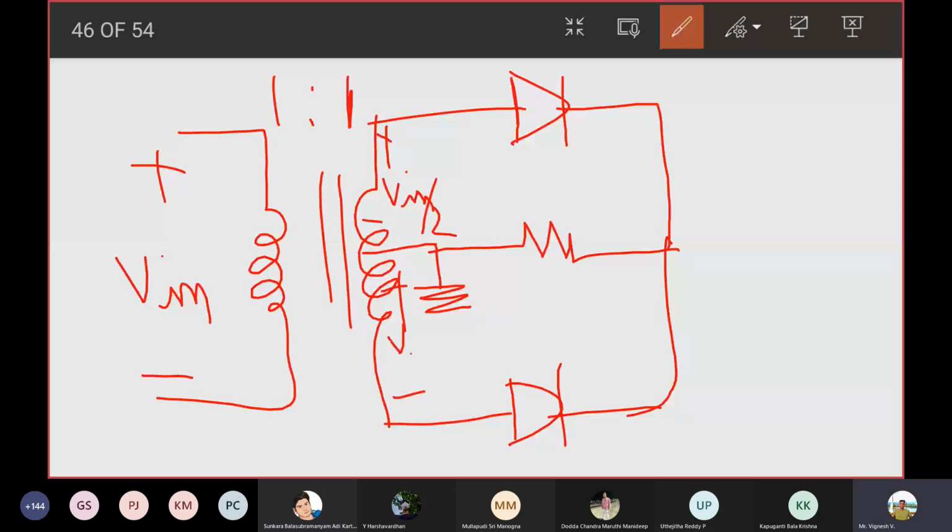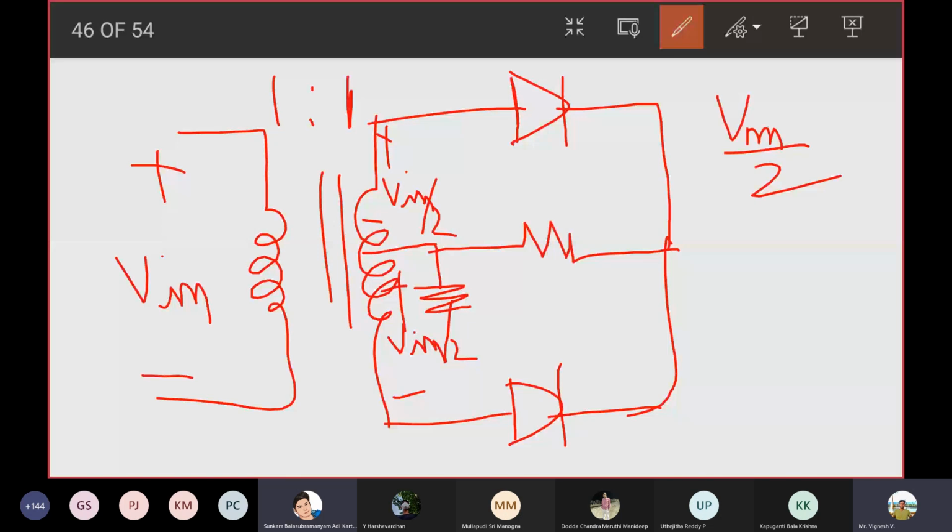You don't need this, no, because the diode sees only Vm/2 at one go, right? The diode does not see the sum of Vm/2 and Vm/2, because only one diode is on at a particular time, right? Yes, sir. The peak value that you can end up getting is only Vm/2. Vm is the peak input voltage, not peak inverse voltage. Two different things.